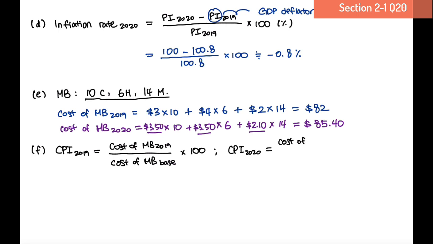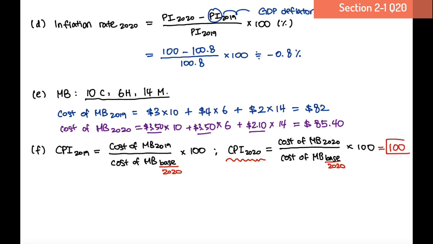You're looking at the cost of the market basket in 2020 compared to the cost of market basket in your base year times 100. Now, our base year is still 2020. So what this means is, if you look at the CPI of year 2020, which is your base year, then you're dividing the cost of market basket of 2020 by the cost of market basket in the base year, which is also 2020,